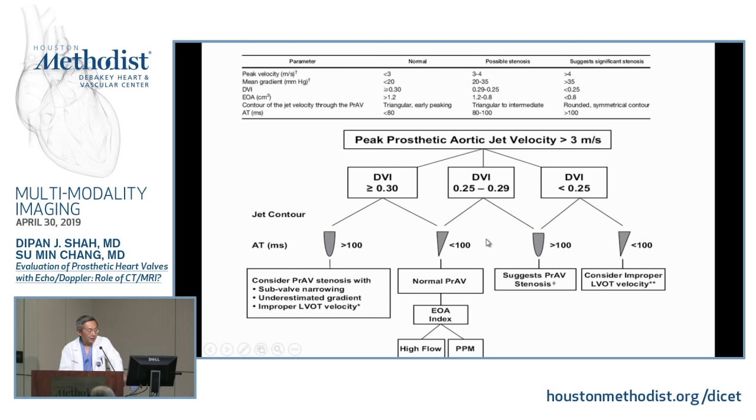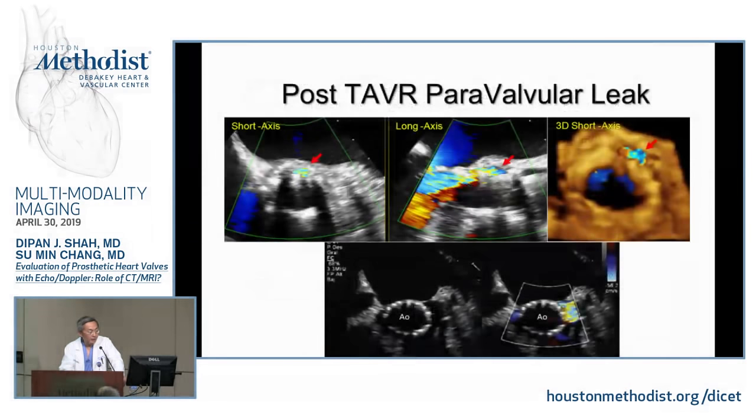But if you have a borderline DVI, I think the acceleration time is very useful. If it's over 100 milliseconds, it's strongly suggestive of prosthetic valve stenosis, and obviously the diagnosis should be confirmed by either TEE or other imaging techniques, like CT or MRI. Okay, paravalvular